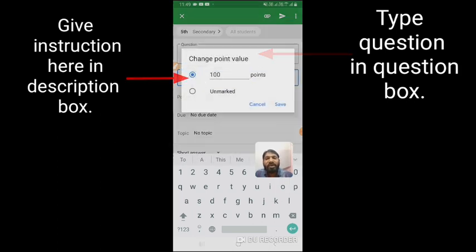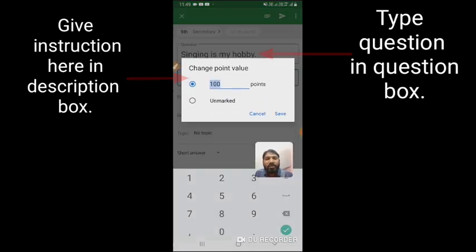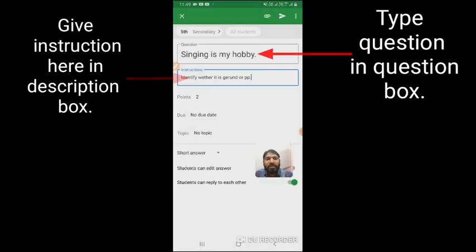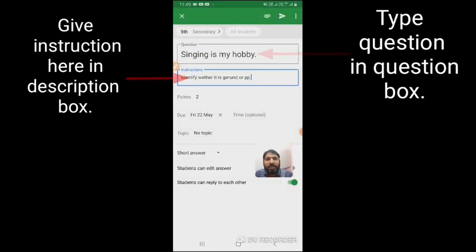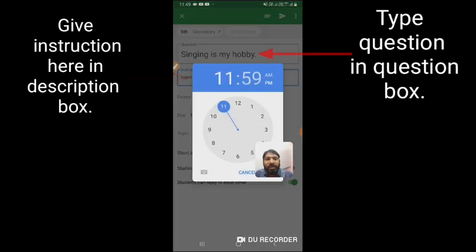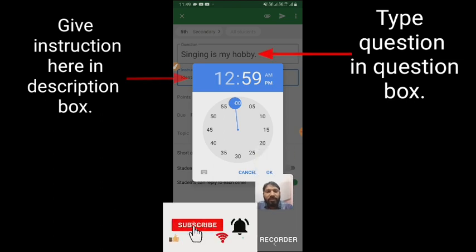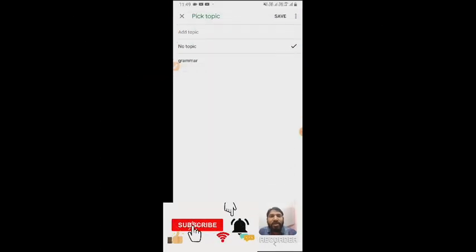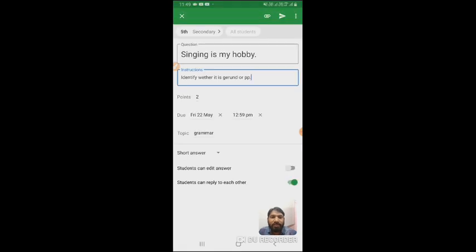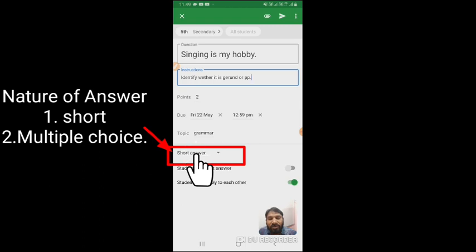You can write points again here. For example, I will give 2 points to it. Then due date, the same date we can write. Then time also you can give here. Then topic, you can write 1 or grammar. Yes. Now here, if it is multiple choice answer questions, then you have to click here and select that multiple choice.